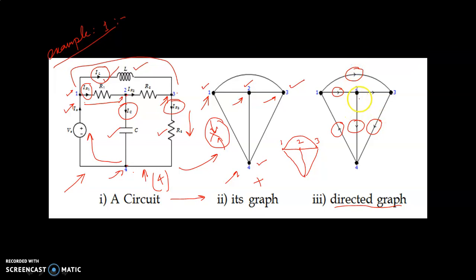And in the path connected between node number 2 and node number 3, it is IR2 from 2 to 3. So I have put the direction here. This will make a directed graph. The first step is your graph, and when you incorporate the direction into the existing graph of the circuit, it will become a directed graph. It is as simple as it looks. Nothing like rocket science in this. Okay.